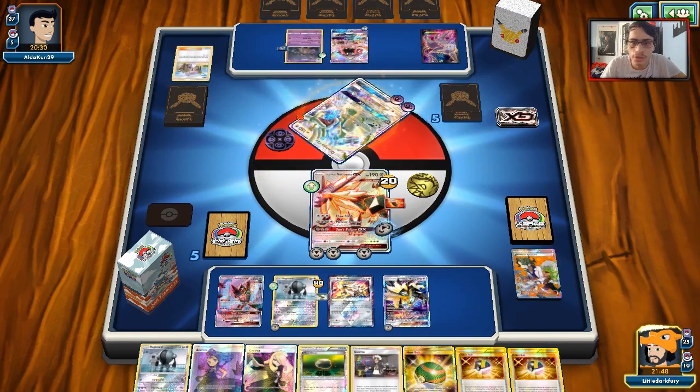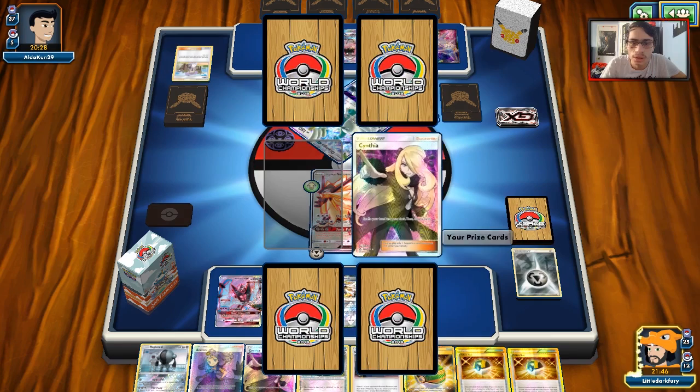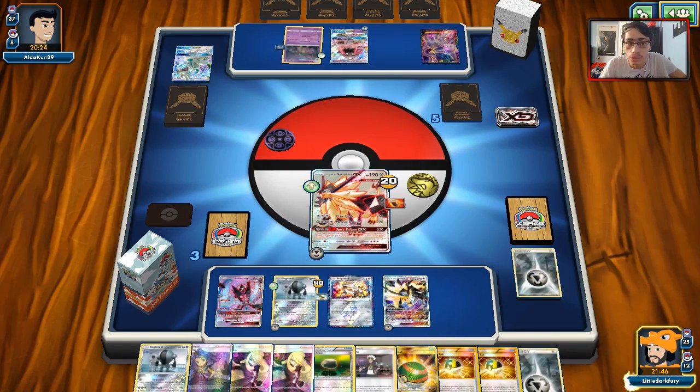Just smack him for 230, and then we'll go into probably Solgaleo, and we'll take our 2 prizes. Cynthia and a Metal Energy, so pretty good actually. We might get end at 3, I'm assuming we will. He's going to bring out